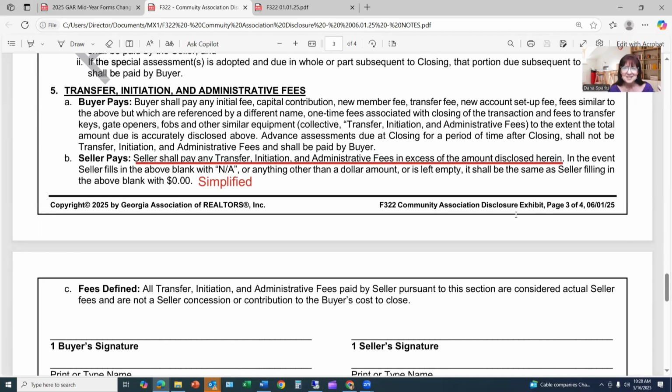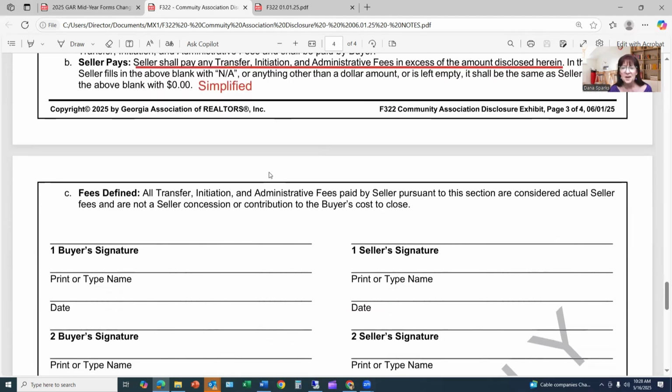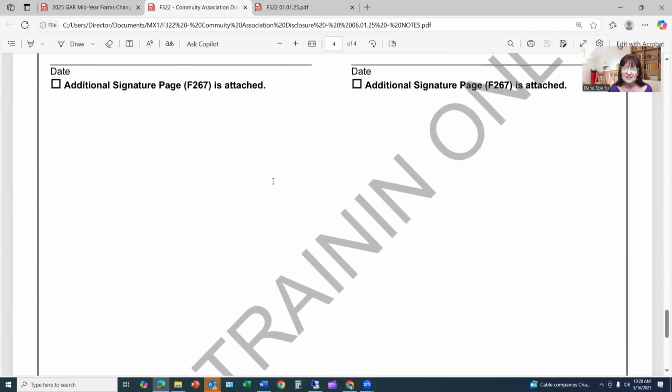So how many times now has this form told a seller that any fees in actuality at closing that are higher than what you have disclosed on this form are going to be your financial obligation to pay at closing, even if it benefits the buyer? So at least 3 times, and GAR has simplified this language to impress upon the seller: you really need to find out from the HOA and management company what those fees are so that they are disclosed accurately.